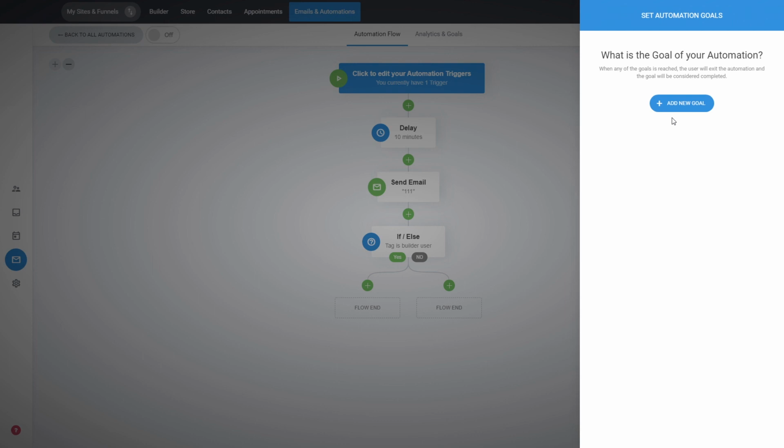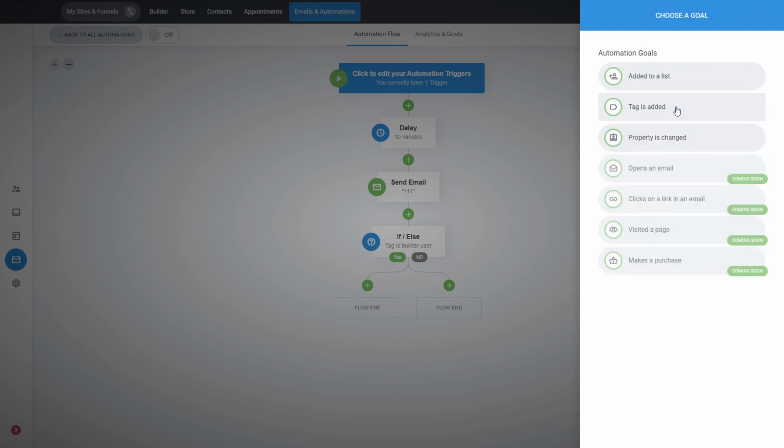So you don't have to send them more emails or do more actions for that user, because they achieved what you want them to achieve. And here you can define the goal. Let's say when a tag is being added. For example, your idea for the flow is for a person to purchase a product. So you send them emails and different things to encourage them to purchase a specific product. So in the checkout that you create, you can just add a tag whenever somebody checks out,